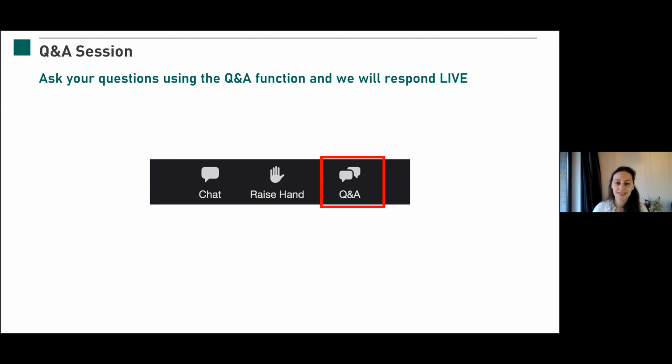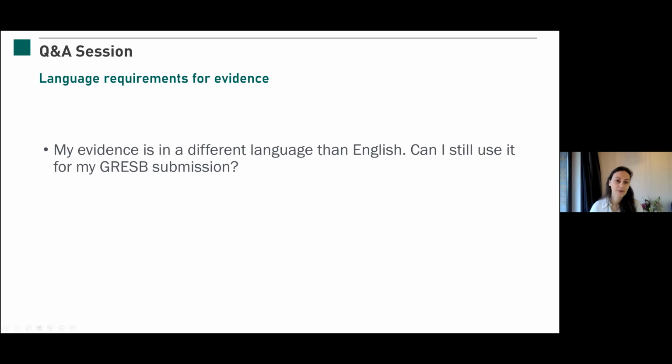But we have a few other preset questions that came in beforehand, so we'll continue on with those. One of the questions we get a lot, and that came in as well, was on language requirements for your evidence. So obviously the G in GRESB stands for global, and that means that your language might not be English in the country that your asset or fund is in, and you may have evidence supporting your ESG performance that is not in English. That's completely fine. We're very open, obviously, to having different kinds of languages, but we do have validators that validate the language and who speak English. So they need to understand it in some way or another.